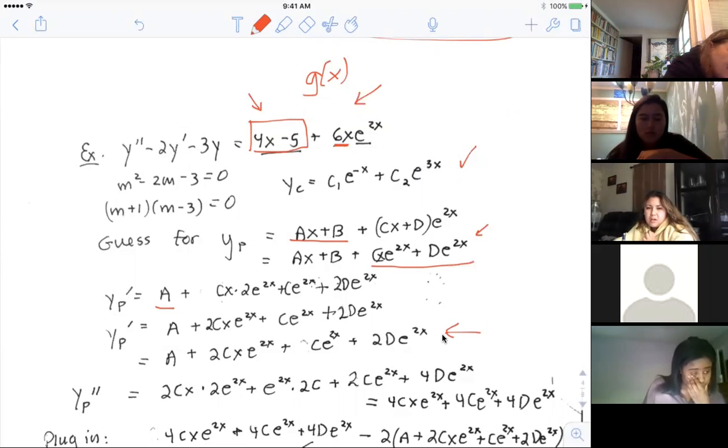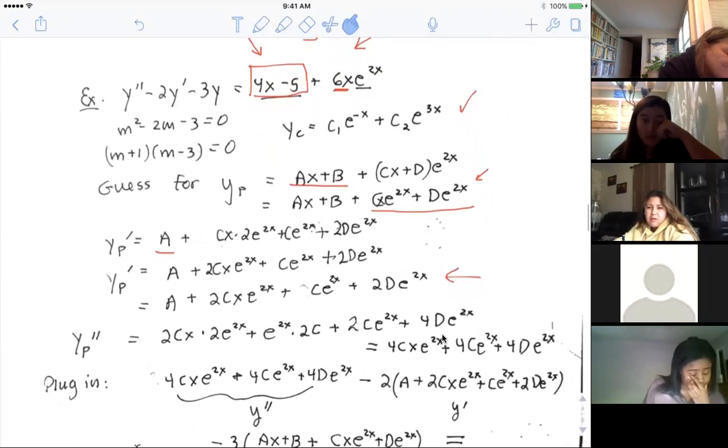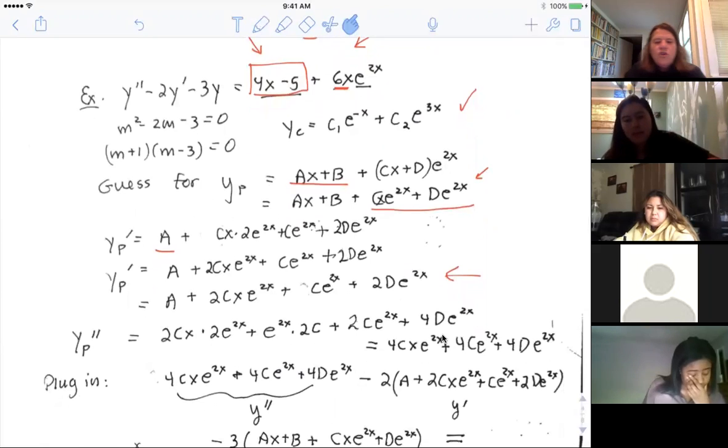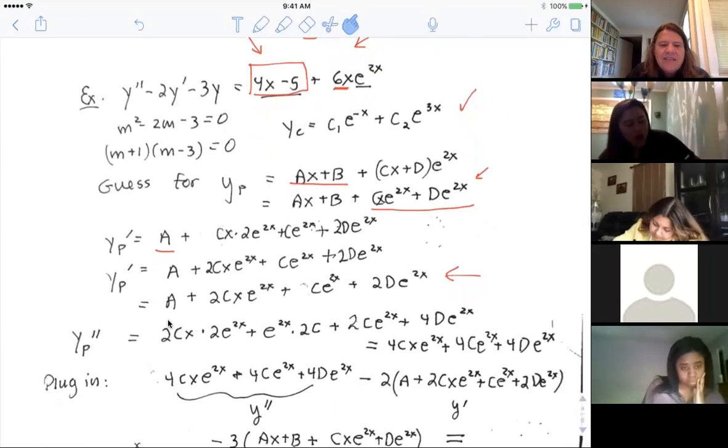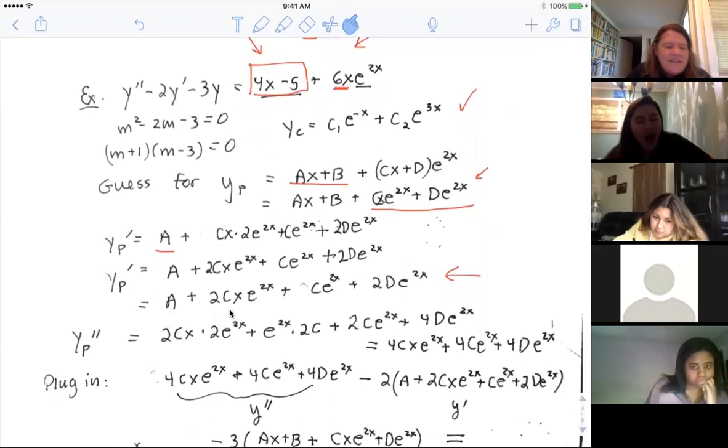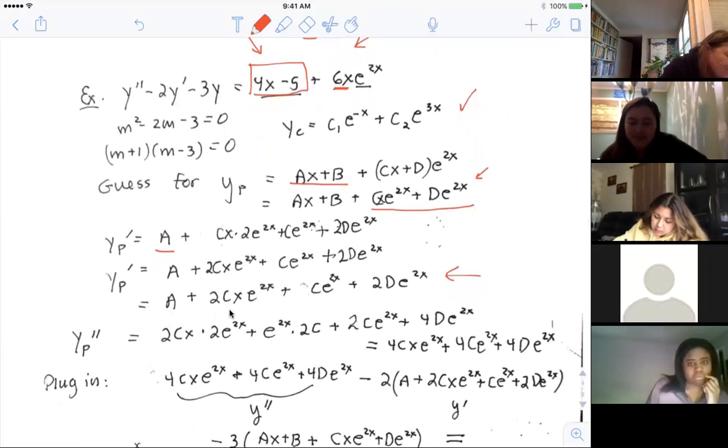Okay. After that, I've got one more derivative I've got to take. So I will take this thing right here and take its derivative. Derivative of a is 0. This thing right here, I'm going to have to use the product rule on. So these are product rules begetting product rules. It sounded biblical, but whatever. You get lots of product rules in it, okay?